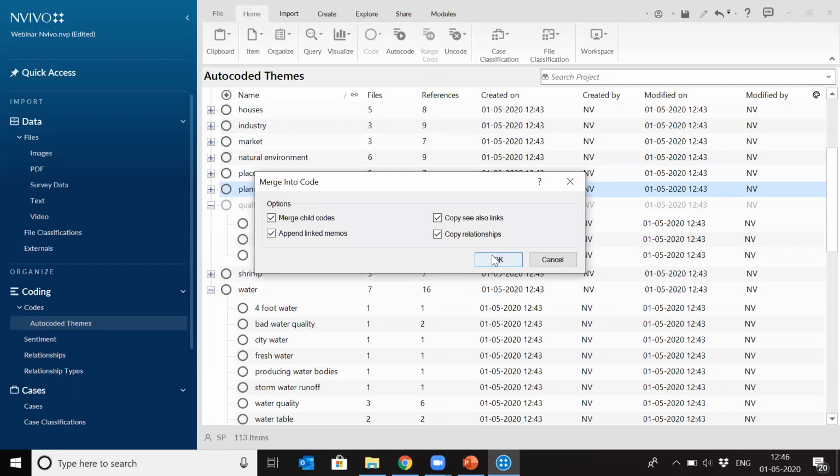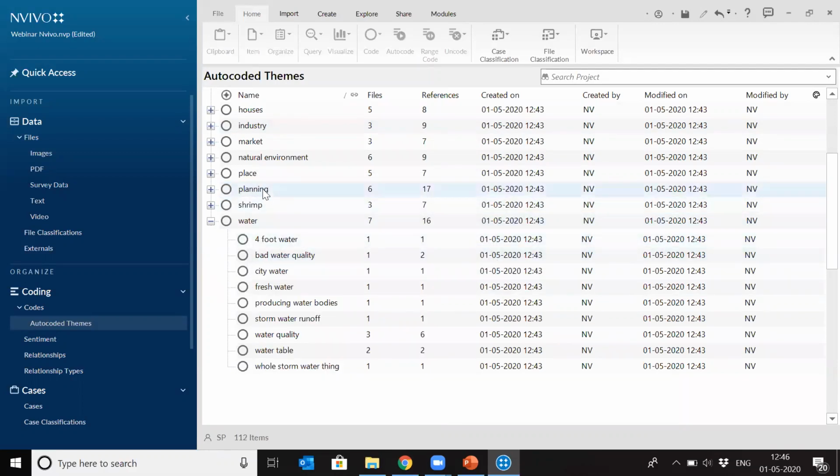So all these things I'm going to copy. So you can see planning now has the data merged, and now quality also. So you can keep on doing this, and you can always rename these themes also. You can go to properties,